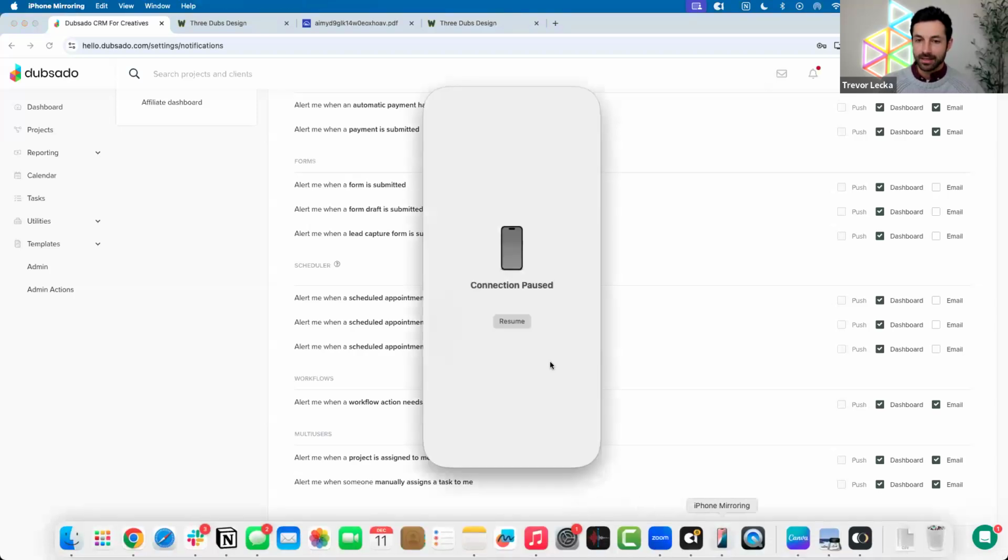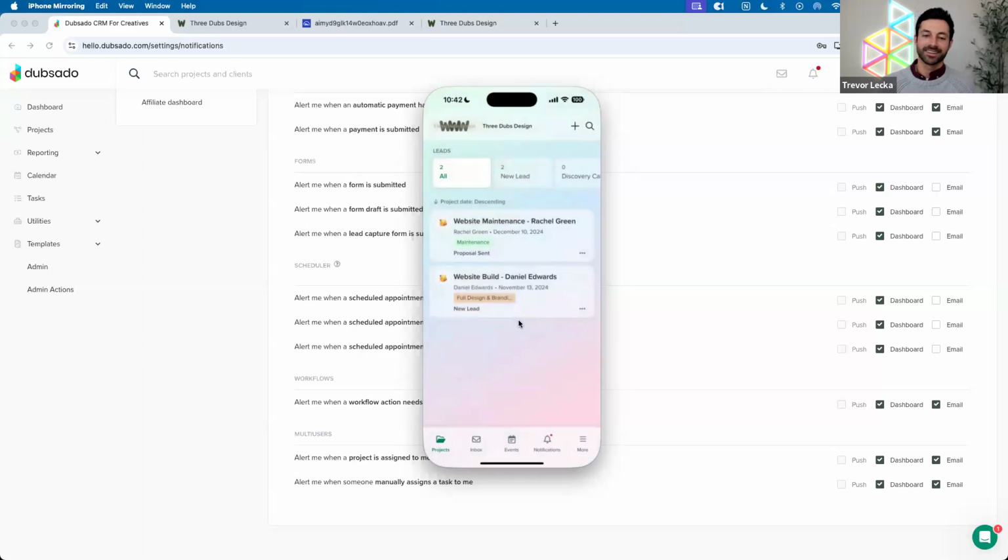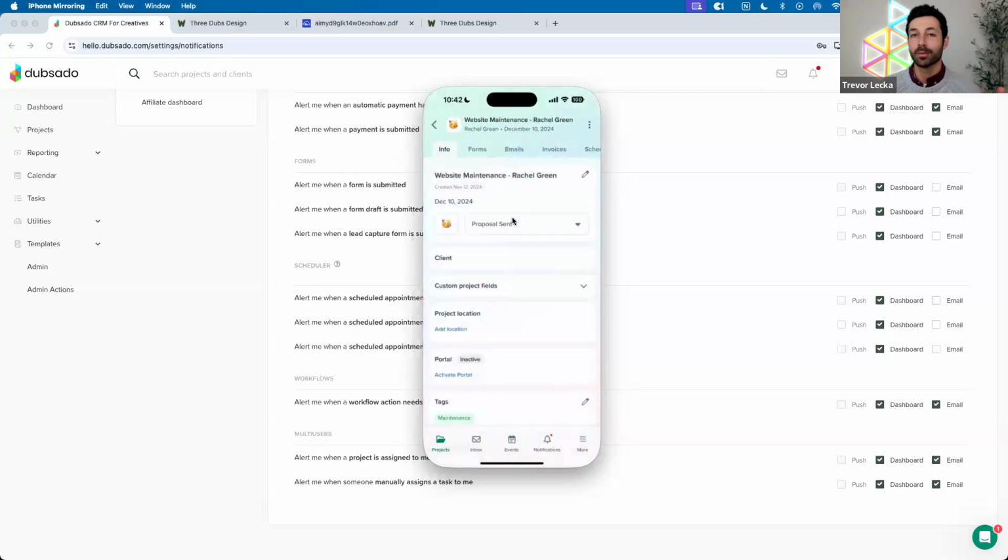Okay, all right. Sweet. Okay, cool. So looking at the Dubsado mobile app now, right? This is the exact same brand that we were just in, 3Dubs Design. It is a beautiful application. If you haven't taken any time to look at the mobile app, please do click through. You can see all your emails. We got our projects, we can set up projects. I could do a whole webinar on just the mobile app, and probably should if there's folks out there with questions. But the thing that I want to actually show y'all here is,